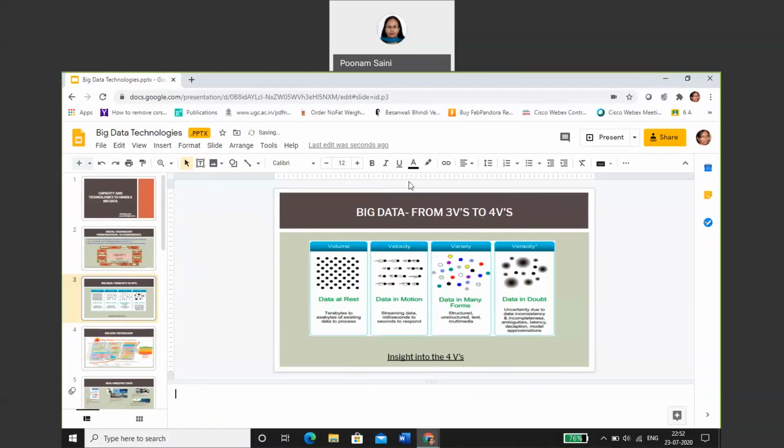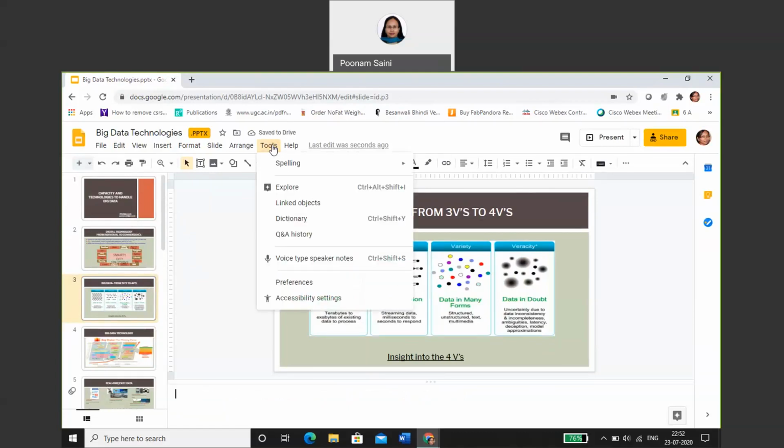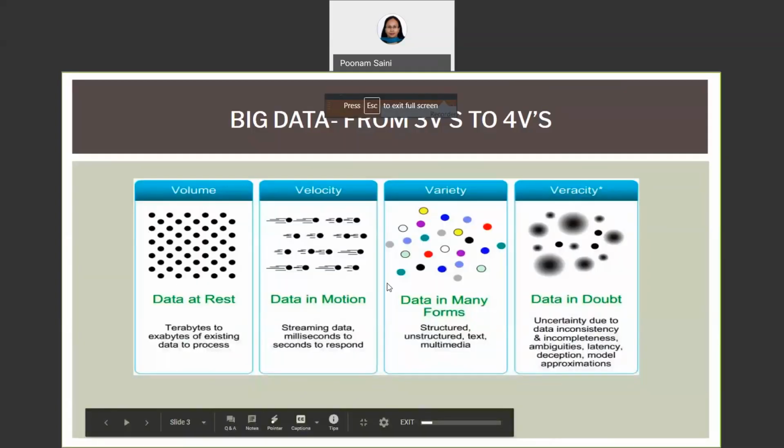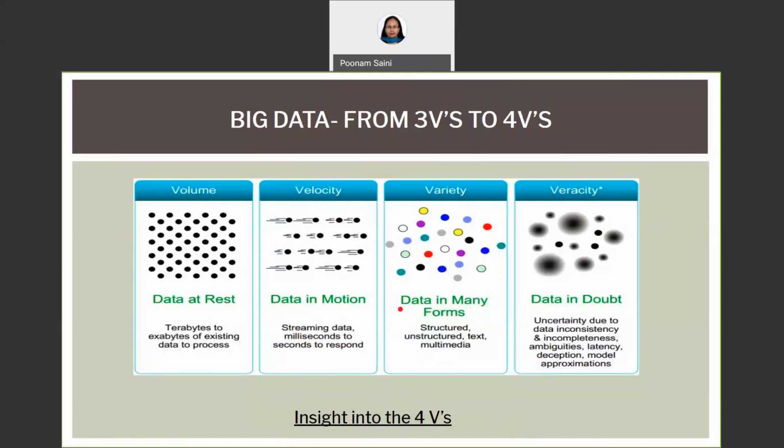Another inbuilt feature is to enable a question and answer window for the students. Suppose you have already built a Google Slides deck and you want to present through Google Slides, you can use this as well. Here you have a pointer which you can use to explain your diagram or any kind of architecture flow or control flow being used in the content.